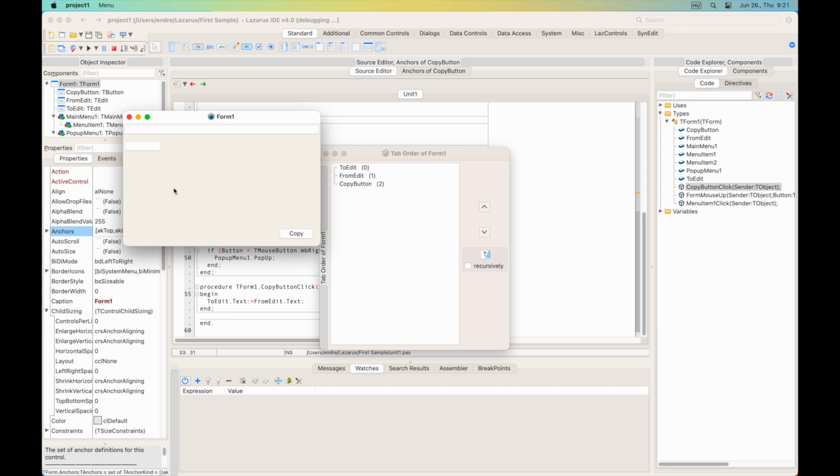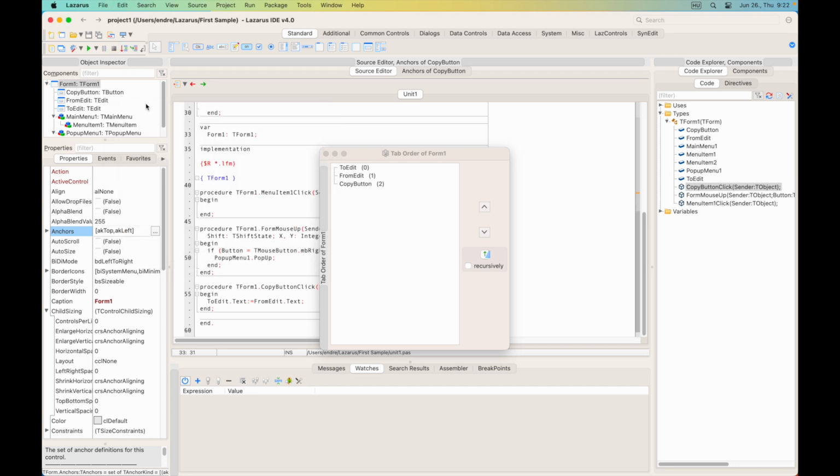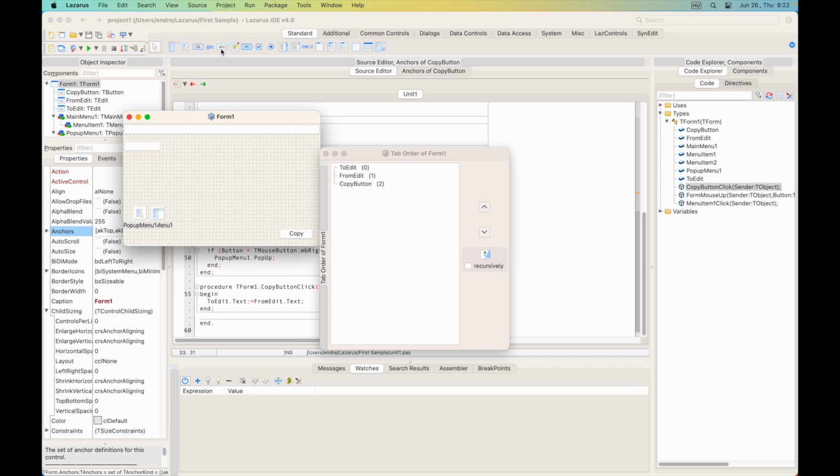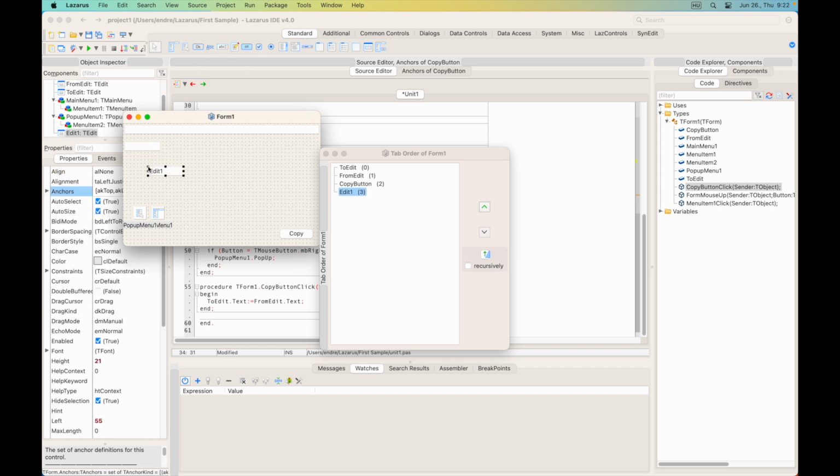And if you change something on the form, of course you also need to check this tab order setting, because that might go wrong with the addition. So if I'm adding now an additional button, or let's say just an additional edit field, put it here. You can see that after the copy button it should go to the edit one button, but